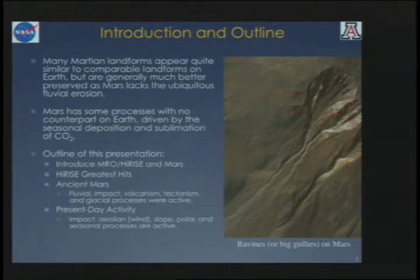So Mars is a funny place because many landforms appear quite similar and comparable to landforms we have on Earth. It looks very, very familiar to us, but often seems better preserved because everything isn't eroded as much as on Earth with all this darn rainfall we have here. But Mars also has processes with no counterpart on Earth, particularly driven by the seasonal deposition and sublimation of dry